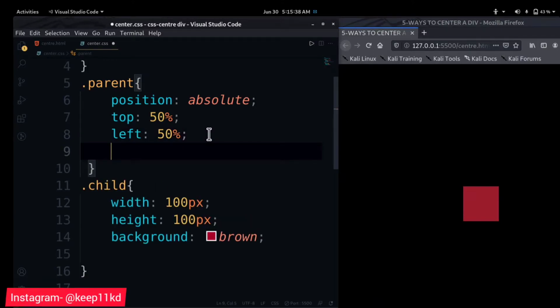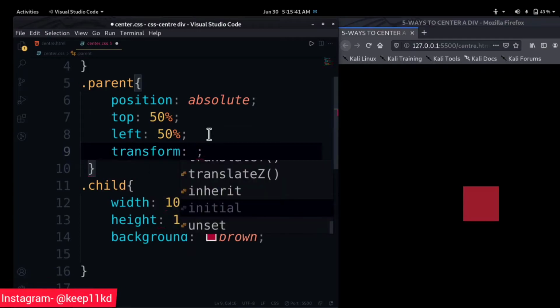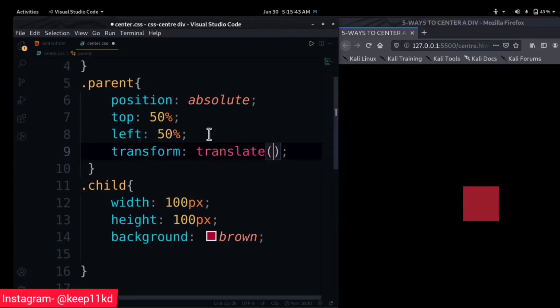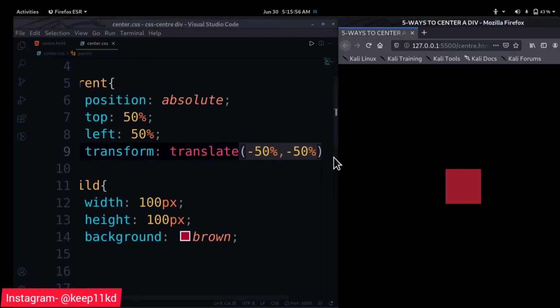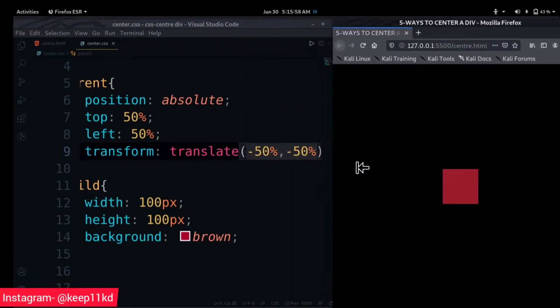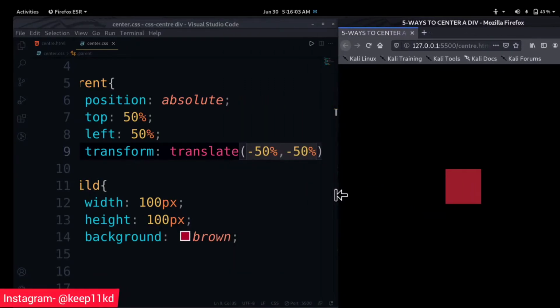So you have to make it responsive with the help of translate minus 50%, minus 50%. Now it is totally responsive. Responsive in the sense that when you increase or decrease your display, it stays in the center. So it was the first way.